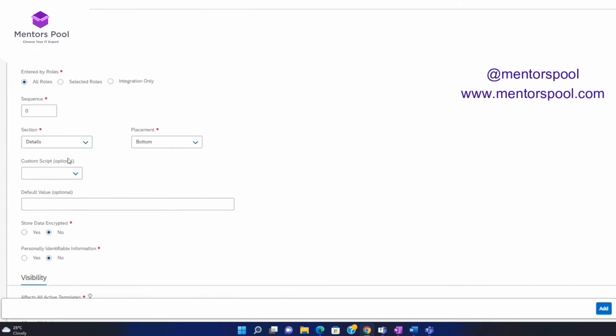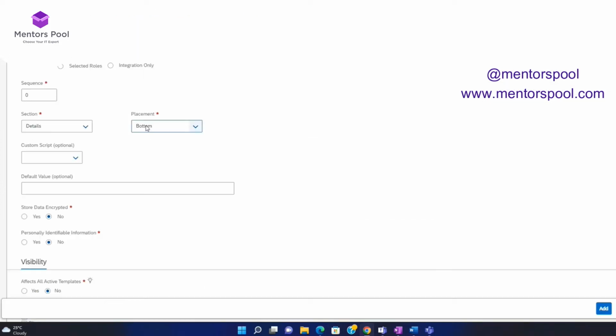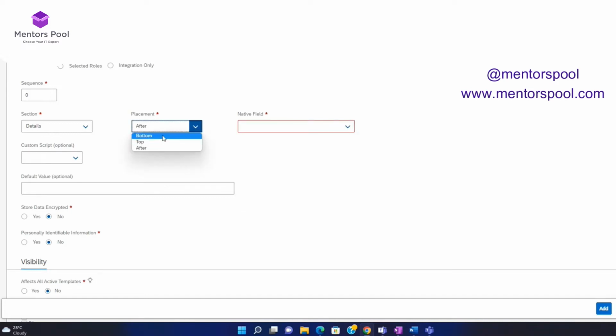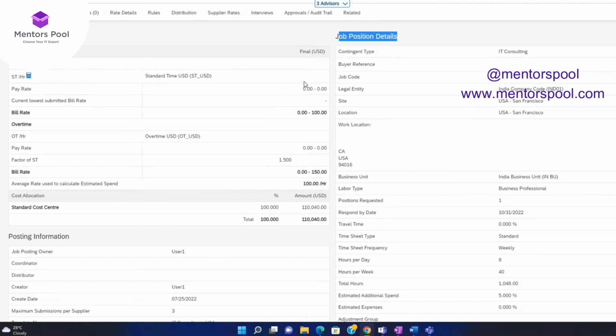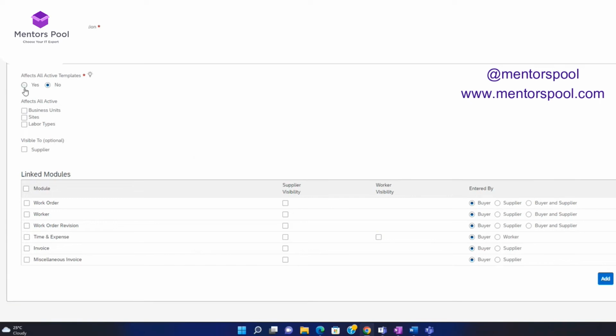I'm saying this is a mandatory value. It is not read only. Now I want this to be placed in the job posting details template. I'm saying after, and I can select the field over here. It's not available, so let's quickly check bottom. I'll say bottom placement, and I'll have to select the sequence. Let's say 11, so it's the 11th field I want to place it as. So I'm putting the sequence as 11,